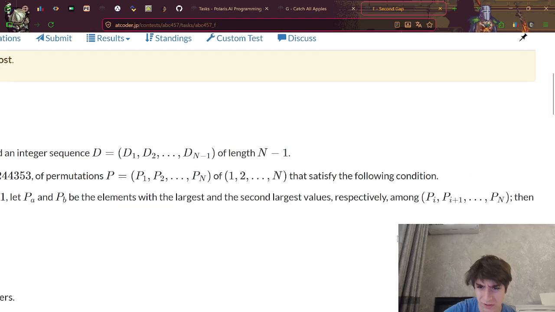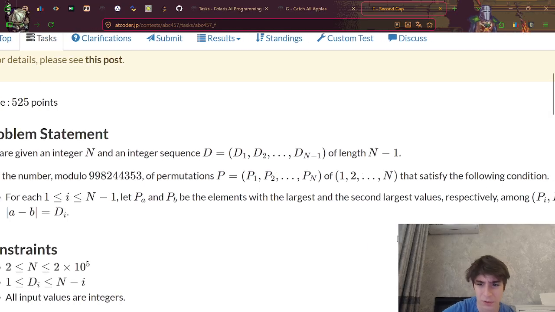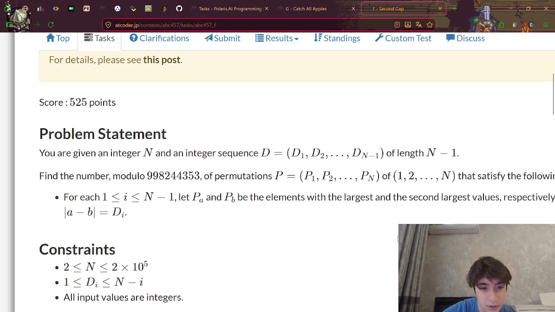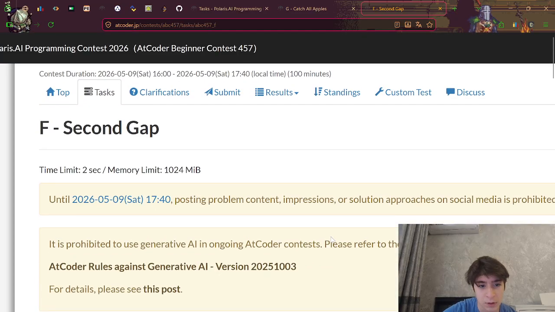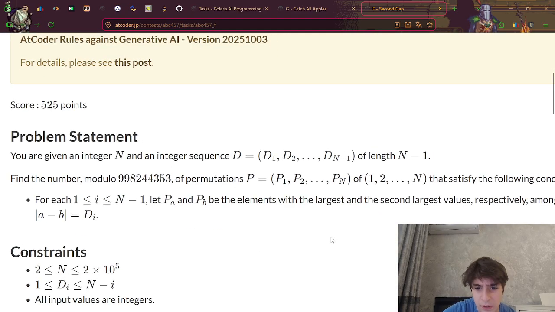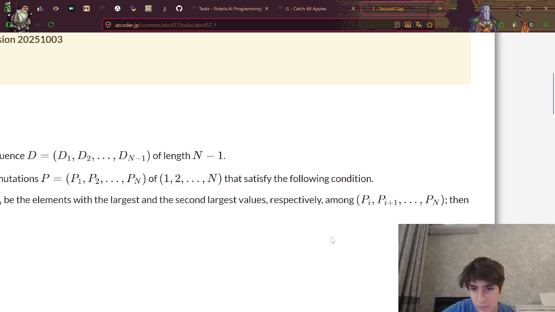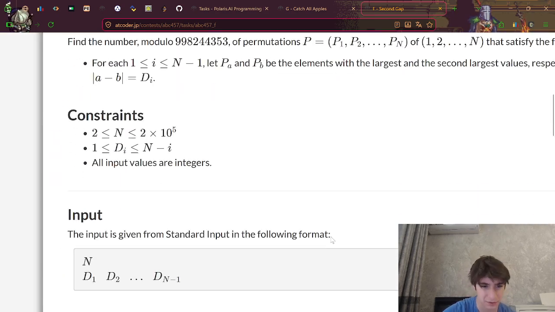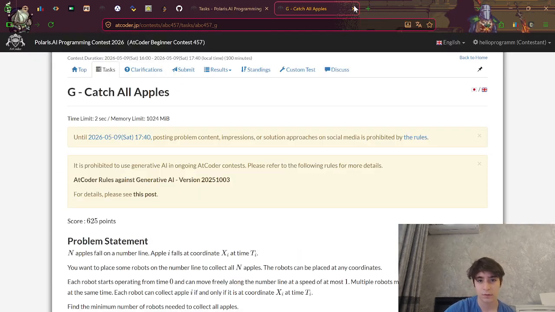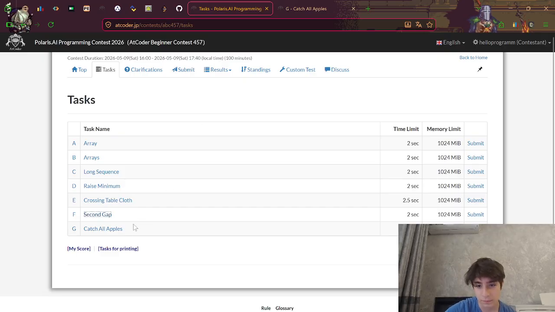Oh, it's pretty hard. And why do I need d for each a and pb? The time limit is 2 seconds. B, the elements with the largest. Okay, that sounds really hard.